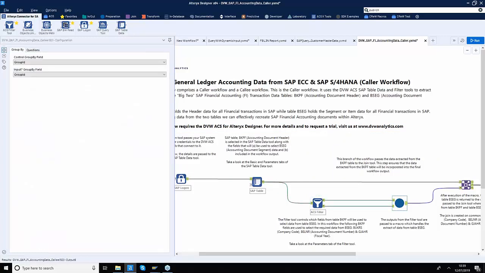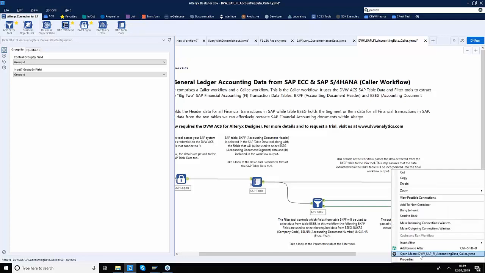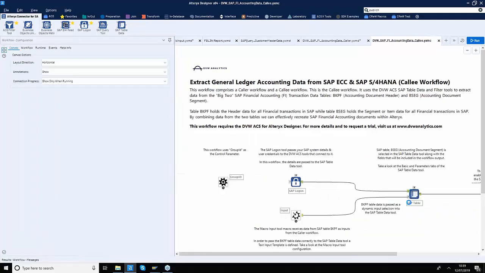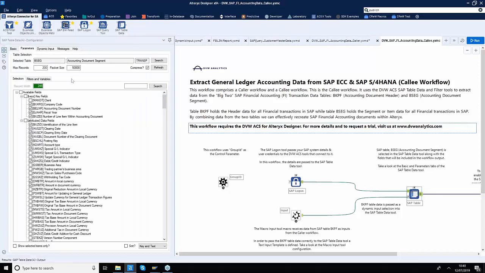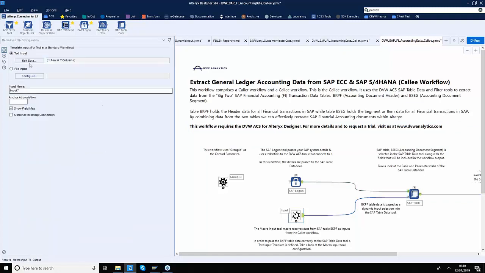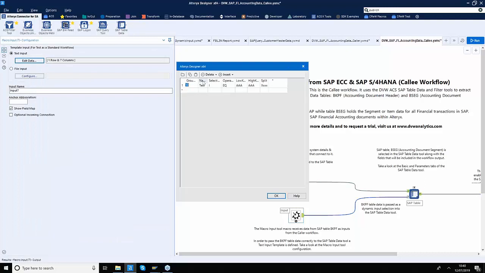So basically you can design complex macros within Alteryx, and behind this macro, if I go deep inside it, you will find that we have a table hiding here, which is my BSAG table. So this was the second table in our earlier workflows, if you remember, and all it needs to be satisfied is using this macro input tool. We will bring it the name, the selection, the operator, low key, high key, and split fields. So it needs some kind of sample to say, okay, what will you provide me at runtime?